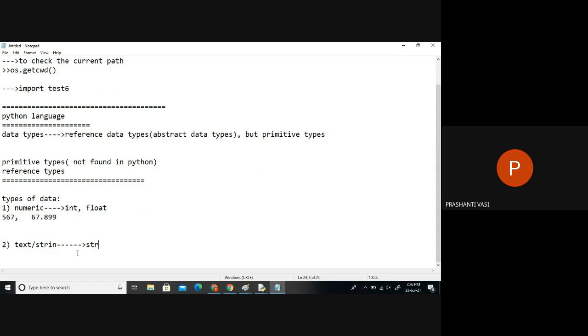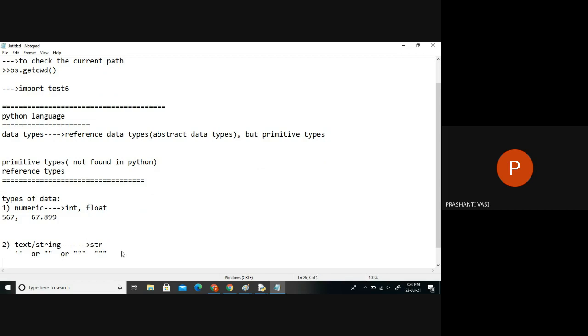Similarly, we have the next category of data, which is non-numeric, or we say textual. This is called str type of data, string type of data, and it is used with either single quotations or double quotations or even triple quotations. We can use that. But whatever you mention, all three categories are of which type? String type only.